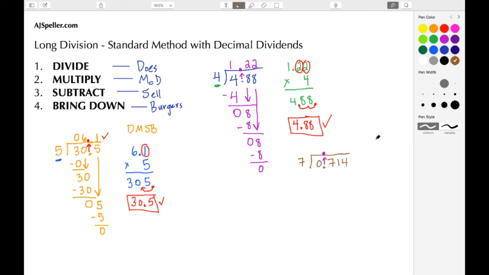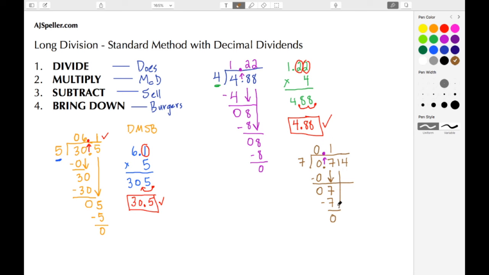So we want to know, what is 0 divided by 7? Well, that there is 0. Then we move to our multiplication, 0 times 7 to give us 7. I'm sorry, to give us 0. And of course, 0 minus 0 is just 0. And then we bring down, in this here, we bring down our 7. Now it's 7 divided by 7 to give us 1. And then we have 1 times 7 to give us 7. And then we subtract 7 minus 7 to give us 0.